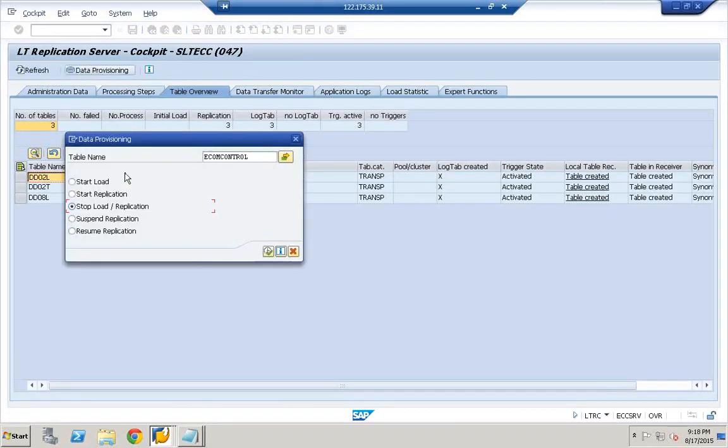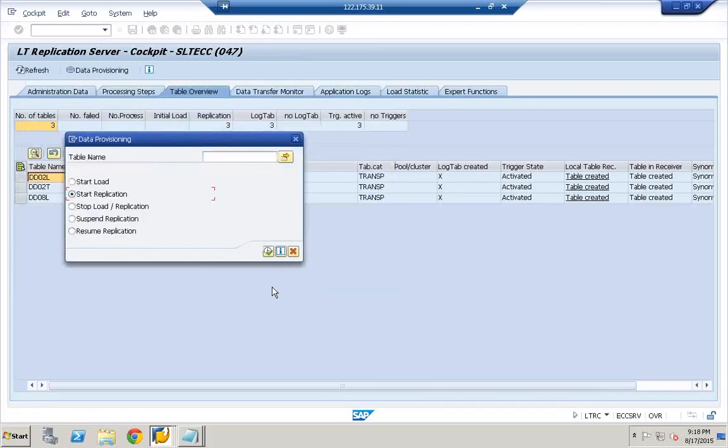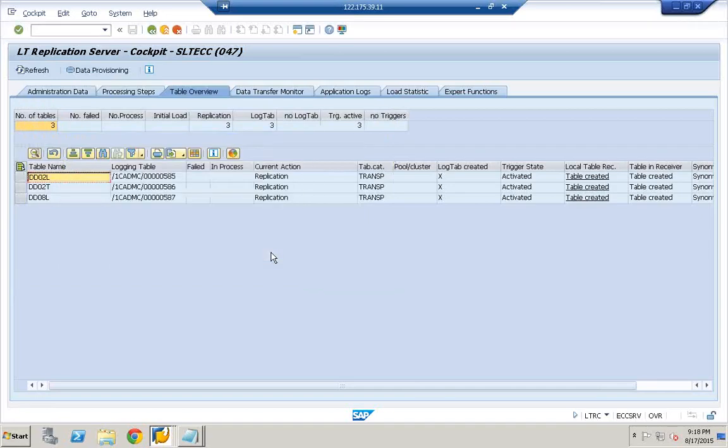Click on data provisioning, click start replication and click execute. Once you click execute, click refresh. Once we refresh,